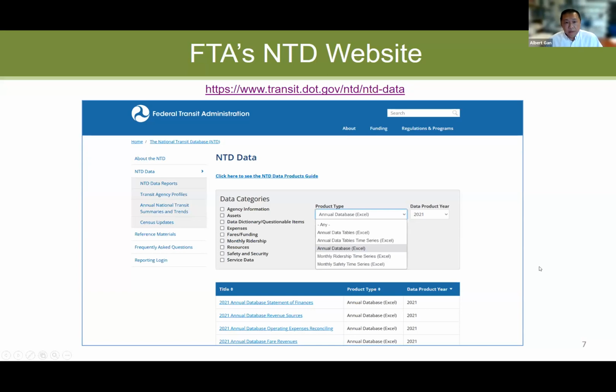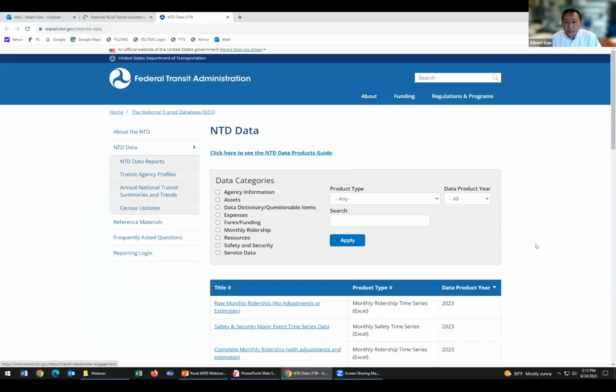You can get the data from the FTA website. I will go straight to the website. If you look at the data products, there are basically 5 data products. First, you have the annual data tables, and in these tables you have some key performance measures